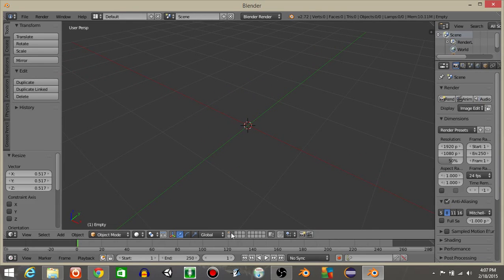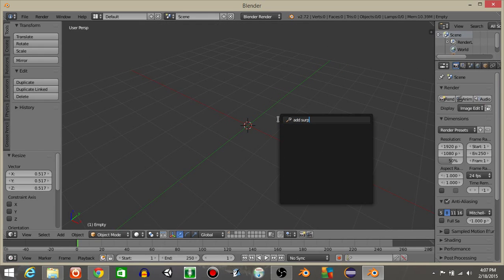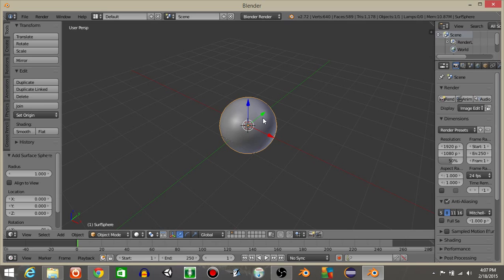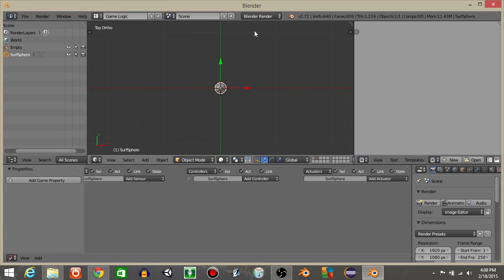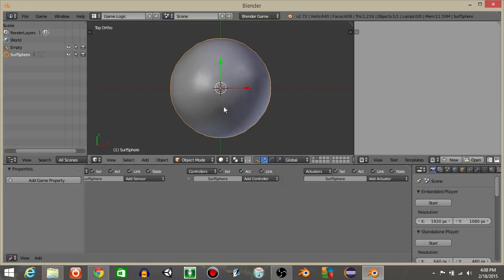Now, to start off first, what we're going to do is go into our second layer down here, it's just the second icon like this, and we're going to add a surface sphere like this, and I'm going to convert it to a mesh by doing Alt and C and convert to mesh. Alright, once we have this, let's go from defaults to game logic, and go from Blender render to Blender game,